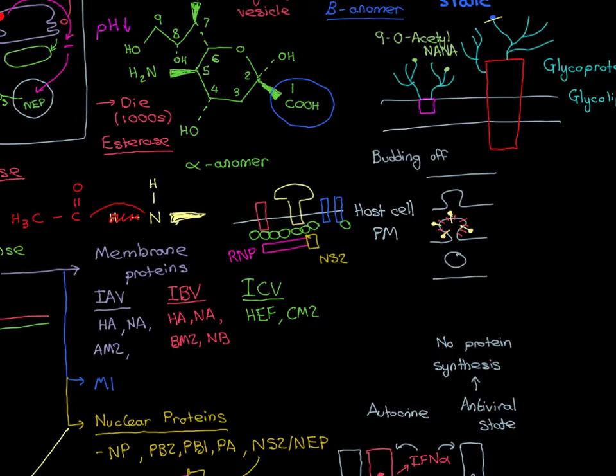They, remember, cut off the terminal sialic acid residues from glycoproteins and glycolipids on the cell membrane that they are budding off, to make sure that when they have budded off, they do not just bind and re-enter the cell that they came out of, because that would be useless. They don't want to infect a cell that is already infected, because that cell is close to dying. They need to find a fresh cell which they're actually going to be able to exploit to produce loads of